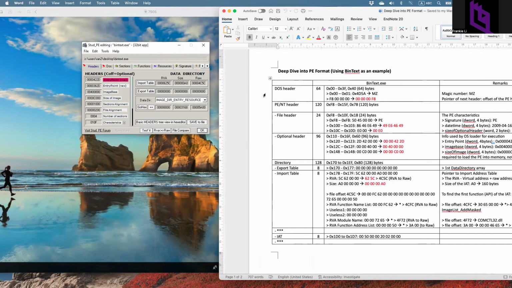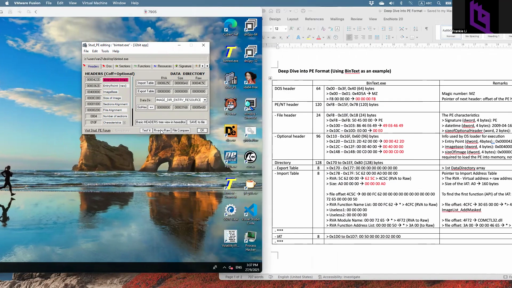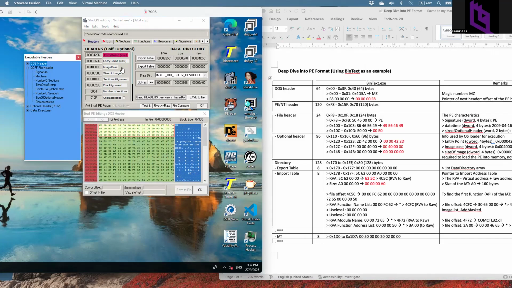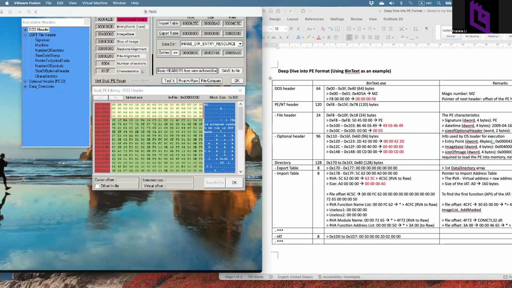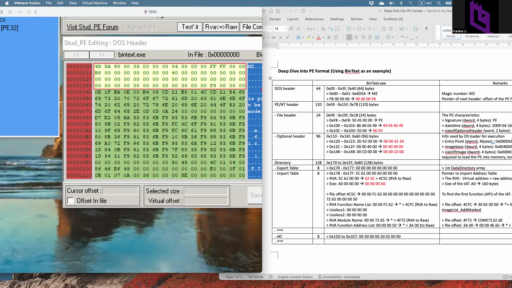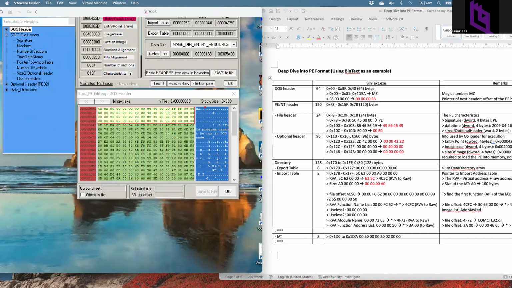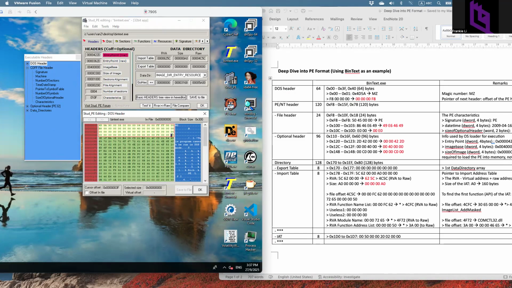Lithuanian presentation. So how can I understand what is the size of the DOS header for bin text? So I click the text editor function, and then if I click the DOS header, yeah, this is the size right here. And then if I want to know what is the size right here, you will see that it's 1 byte. If I block everything,